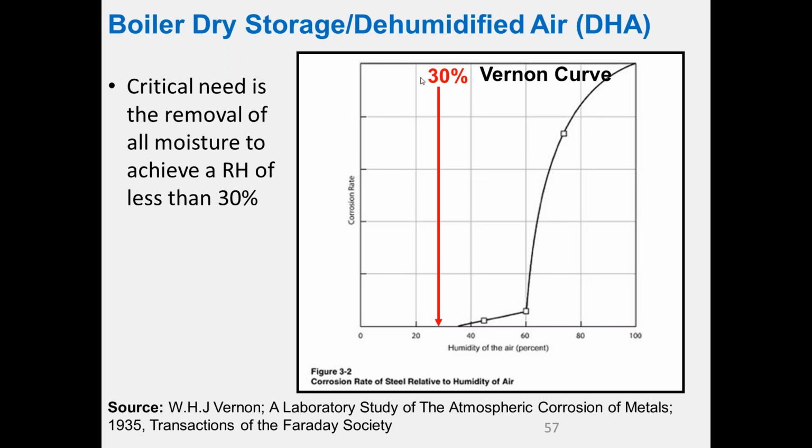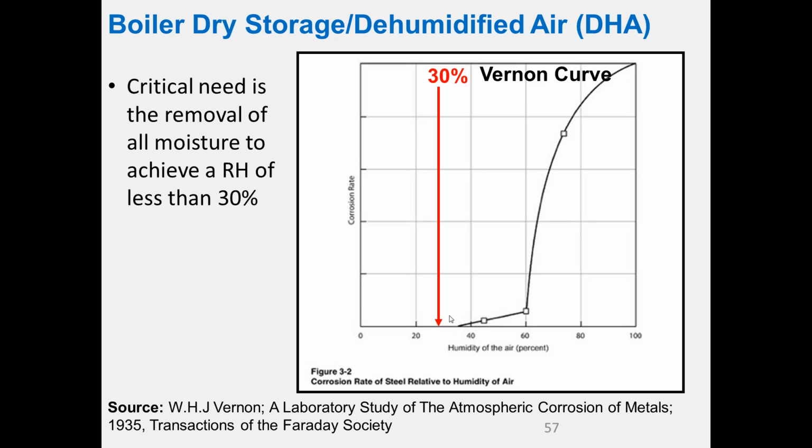So what we're interested in here is a thing called the Vernon curve. It's from Mr. Vernon back in 1935, and this explains why things rust in the jungle and don't in the desert. So corrosion rate here, humidity there, this is for carbon steel. At 100% humidity under oxygen saturated conditions, we have very high corrosion rates. As we get drier and drier, basically when we get down to less than 30%, the corrosion rate